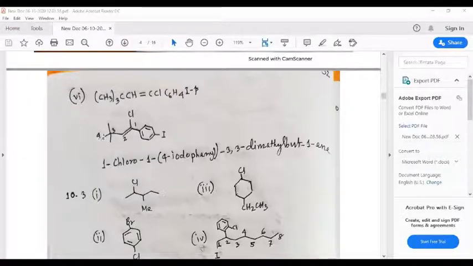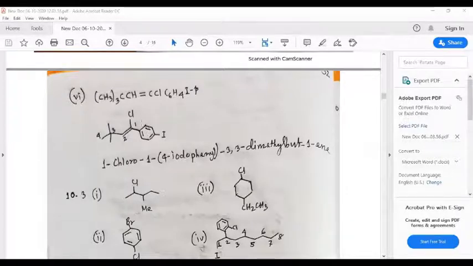So the longest chain contains 4 carbons. At one position there is one chlorine. At three position there are two methyl groups, and at one position there is para-iodophenyl or 4-iodophenyl. So it becomes